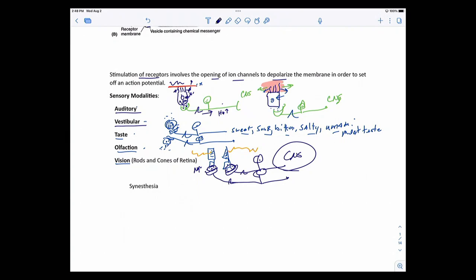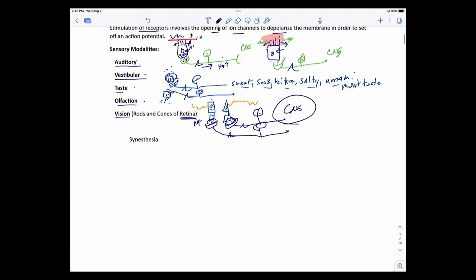You've got several layers of cells there. I talk a lot about that in the neuroanatomy course. I'm just trying to make things simple here, the theme being that you have photons, and the photons will, in this case, inhibit the release of neurotransmitters to the rods and cones, but your central nervous system will interpret that as vision. Of course, the rods are going to be black and white, and cones are going to be color. And all of this, again, is within the retina, which is nervous tissue.